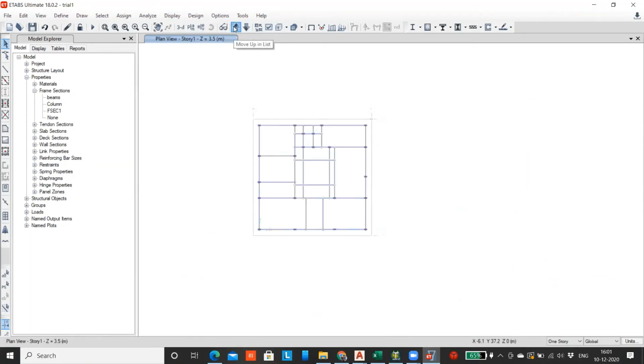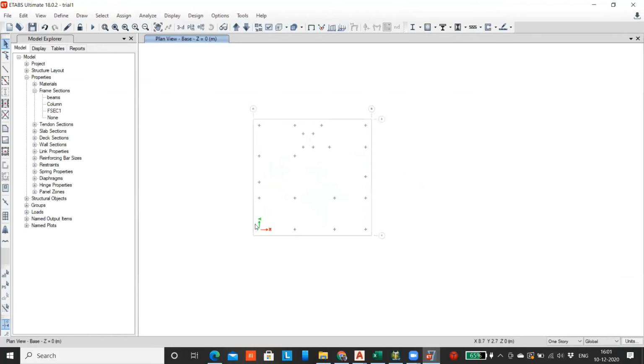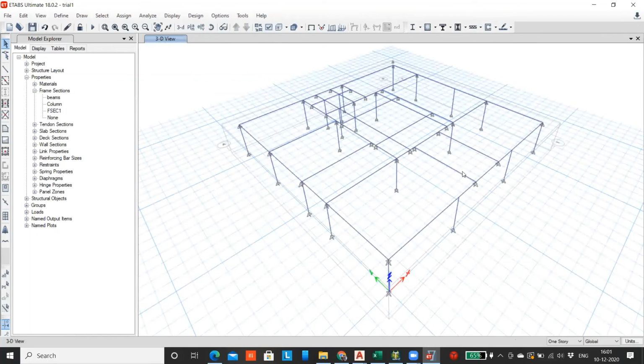This is my first, and it is at 0 level. So at 0 level there is no beam, so I'm selecting all these beams and deleting. Okay, I've deleted them. Now if you see the 3D view, you can see only the story over here, and the joints also have been assigned. At the top floor you can remove them.